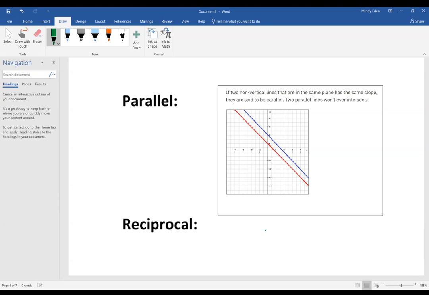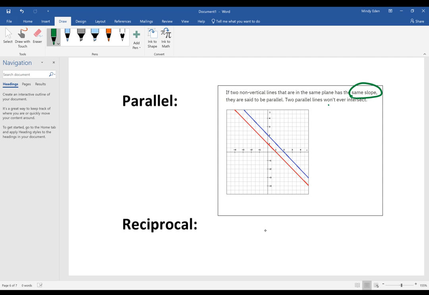Section 9.4, we're going to talk about lines. So, we're going to talk about specifically parallel lines and perpendicular lines, which we have discussed before. So, this is going to be a brief review. So, parallel lines, by definition, it says if two non-vertical lines are in the same plane and have the